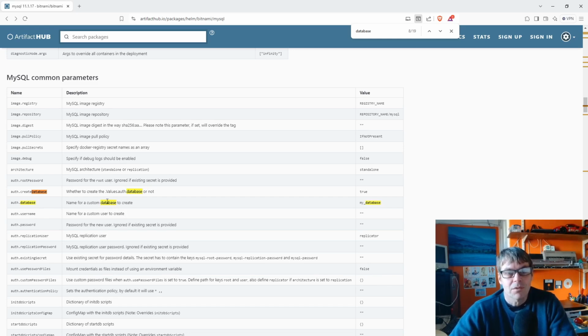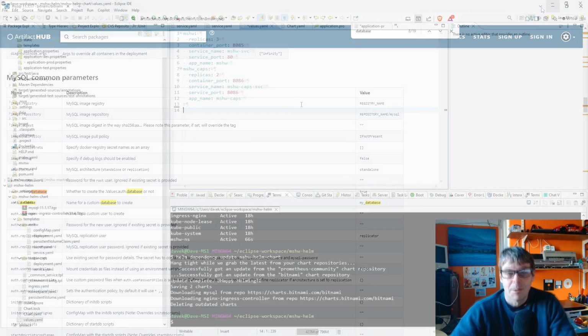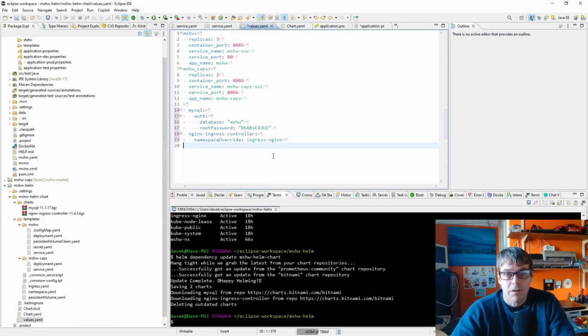Now, how to use these values is really on a per chart basis. You do have to read the instructions and work out how to do things. There's no way around that really. You have to go through the instructions. But in my values YAML file, I'm going to define those things there. So this is the name of the database, the password that I'm using from my application prod properties, and the